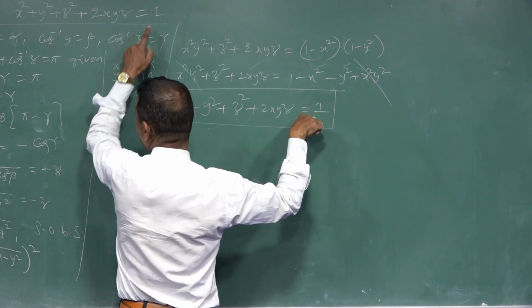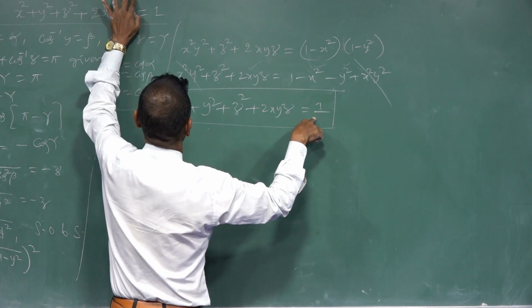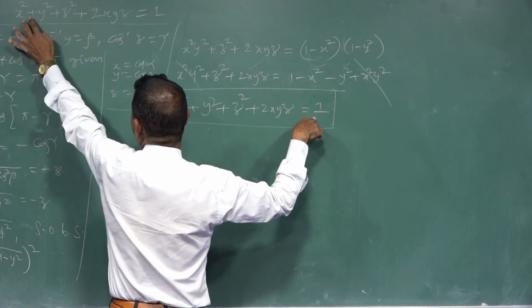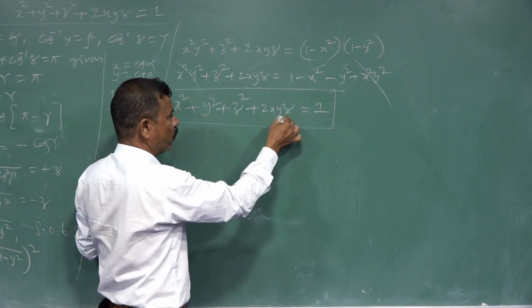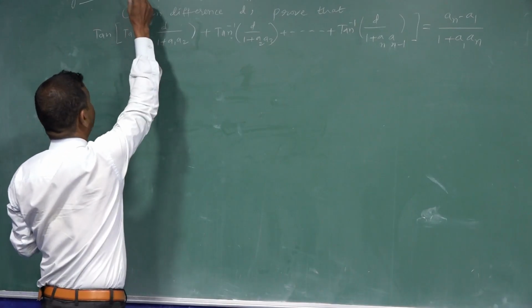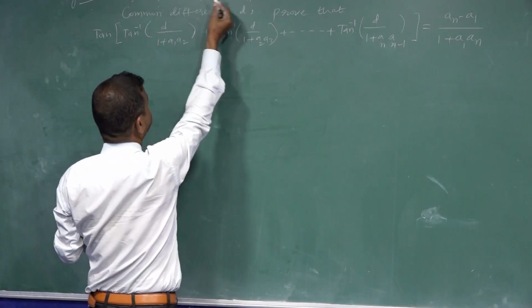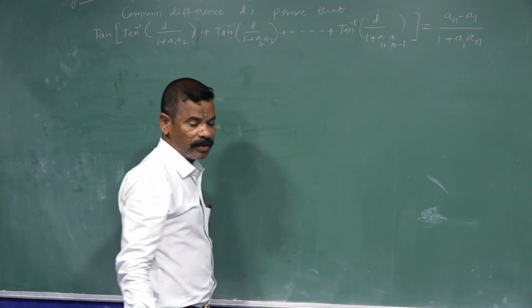RHS is 1. Taking the left-hand side values and right-hand side values, both are equal. Left equals right: x square plus y square plus z square plus 2xyz is equal to 1. Hence proved. Example 4.23. If a1, a2, a3, up to an is an arithmetic progression,